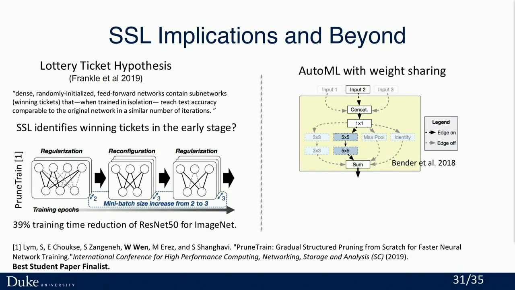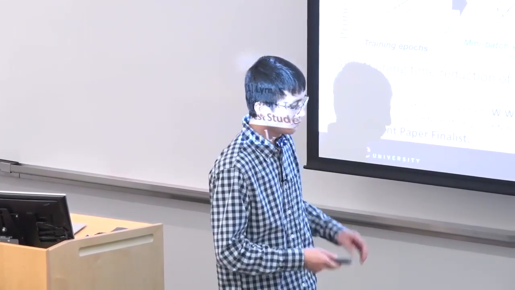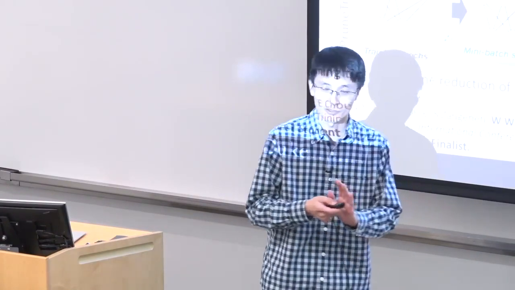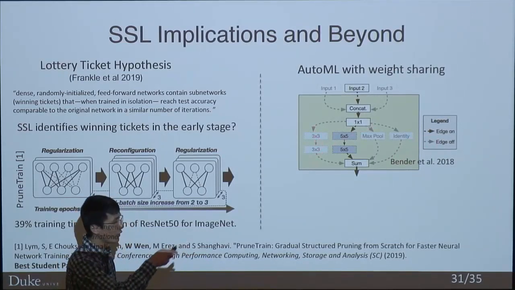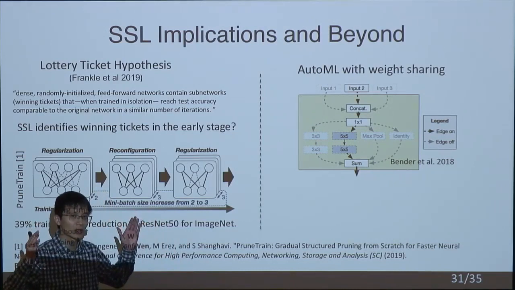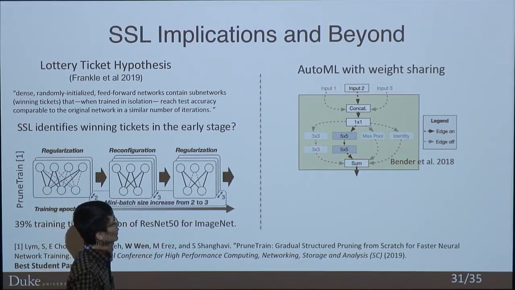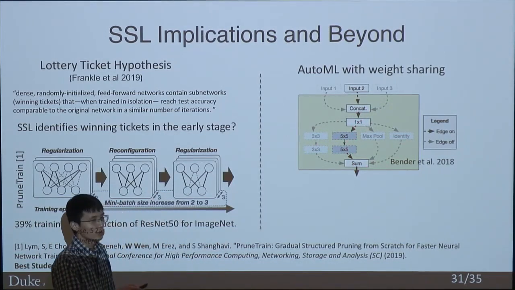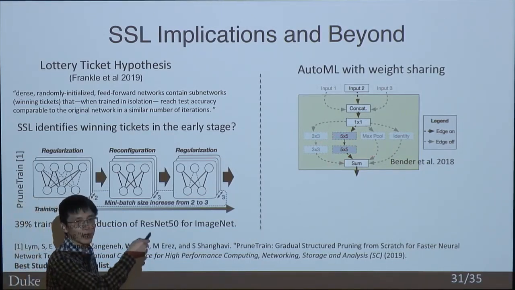So the second related work to my previous research is AutoML, automated machine learning, which uses a machine to design machine learning models. When the community made a lot of progress on AutoML, they found that it's much more efficient to do it this way. They design a very large model which has all the operation options enabled in a single one-shot model. They call it a one-shot model because it has all the options enabled, and the goal is to pick an optimal path. The experiments show this method is very efficient for AutoML.